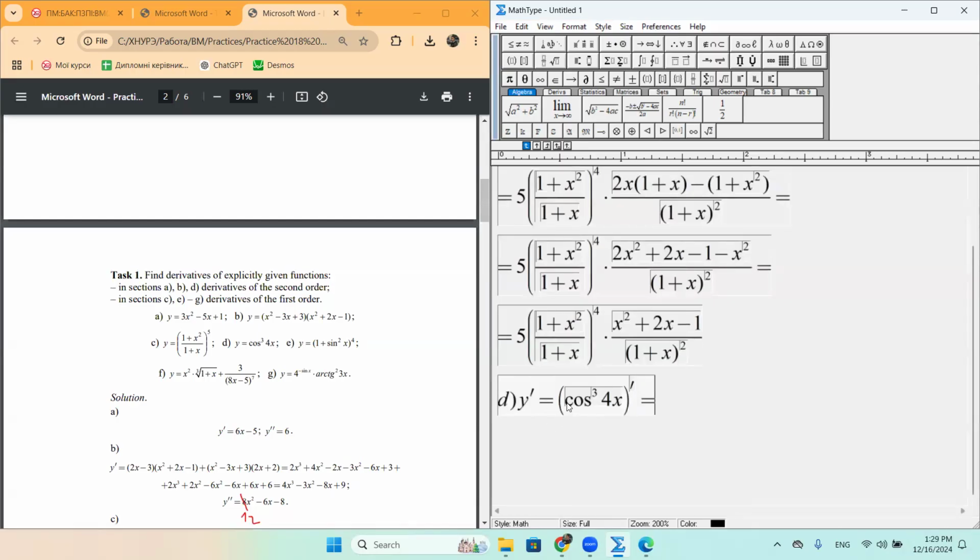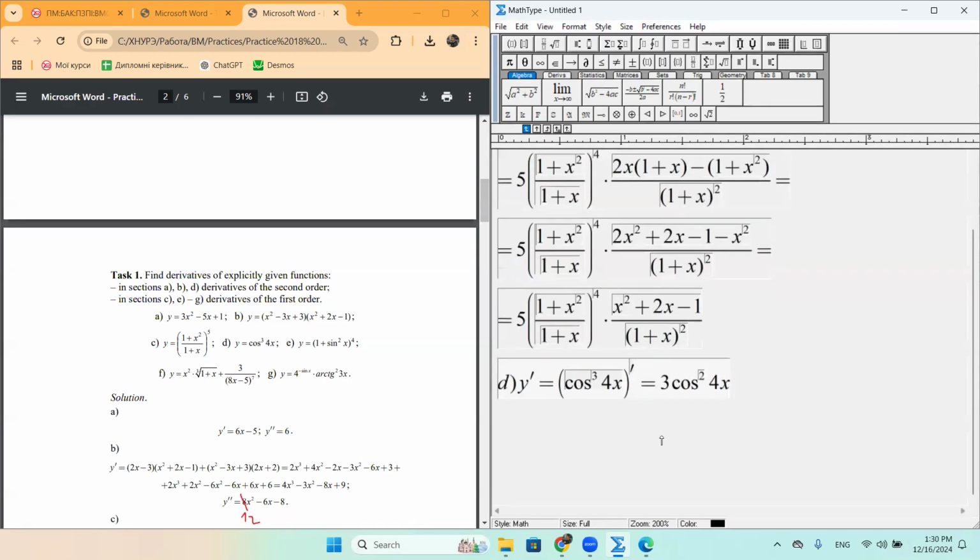First of all, we differentiate the power of cosine. So 3 cosine square over 4x, multiplied by